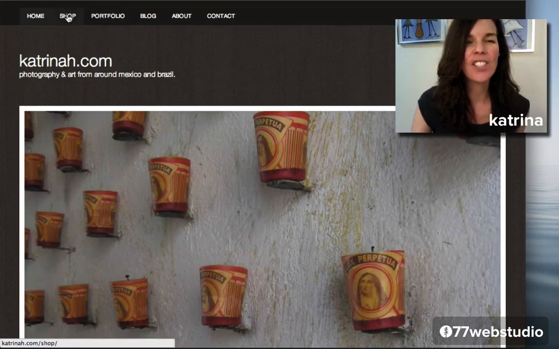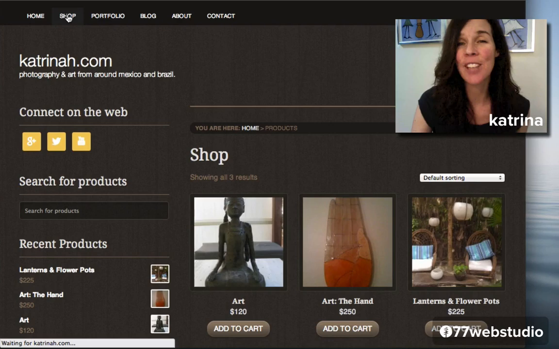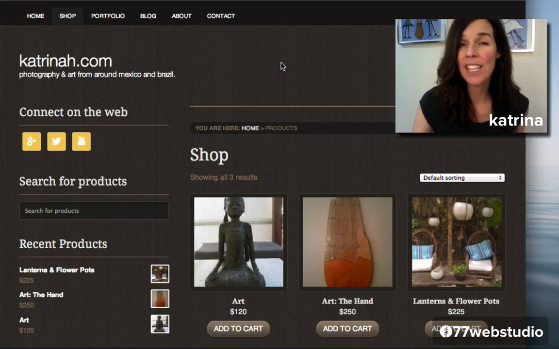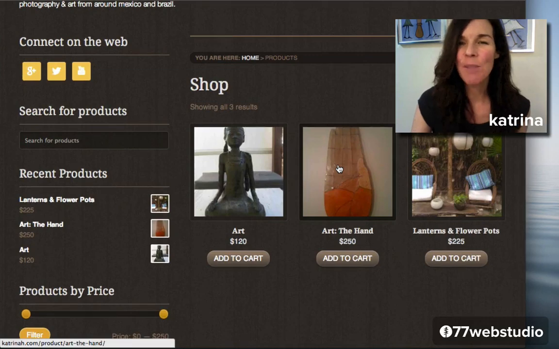When I click on shop, I should note that this theme is awesome because it does include WooCommerce, which is an e-commerce functionality and e-commerce plugin provided by Woo Themes. So if you don't have any products to sell just yet, no worries. You don't have to include the e-commerce functionality, but the good news is that when you're ready and you do have products down the line, you can easily integrate e-commerce into this particular business website. So here I have my shop page with 3 product items.